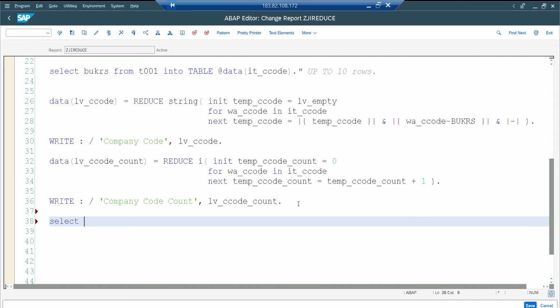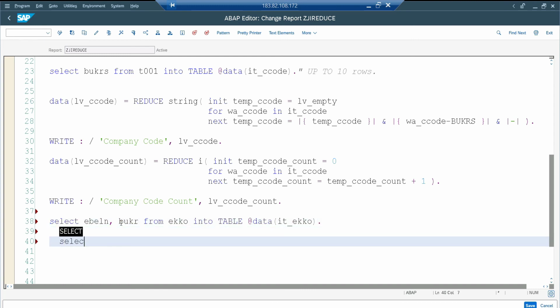So let's take EBELN, and I need, one second, and company code from EKKO into table data, and same thing over here, EBELN and